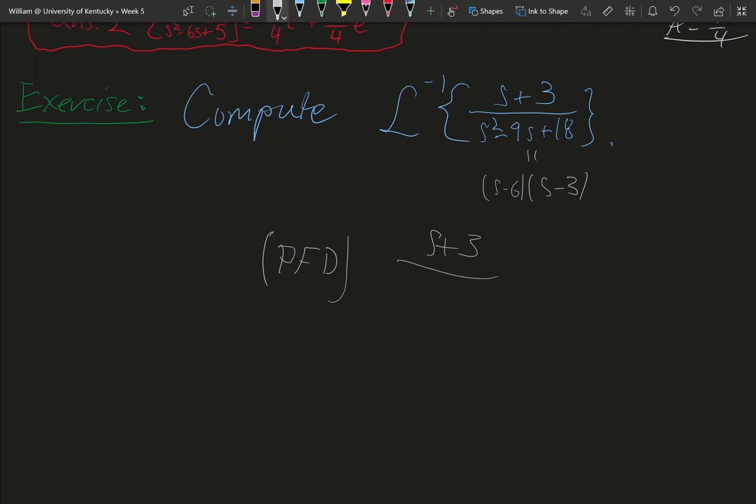After you get the partial fraction decomposition, you should end up with 3/(s − 6) minus 2/(s − 3). And from that, we can see our answer